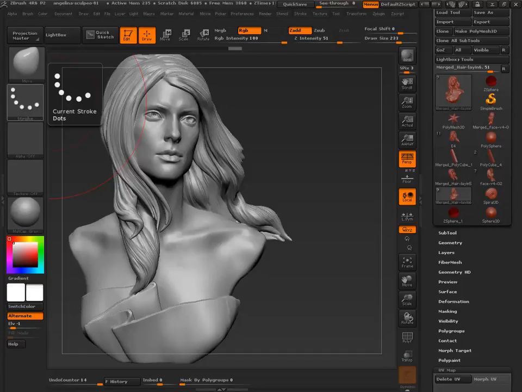So we need some material questions. We need some export questions. What are the biggest problems you have exporting? Who's exported displacement maps?